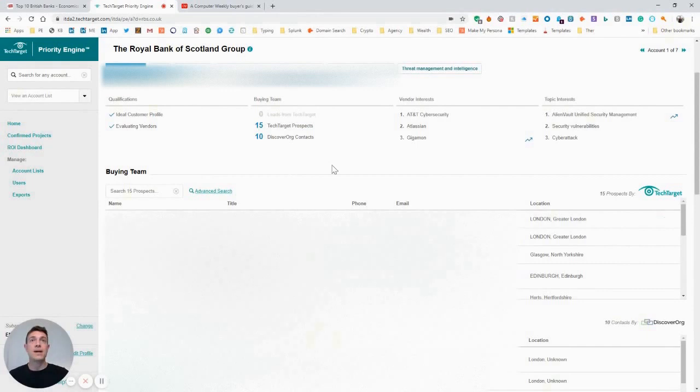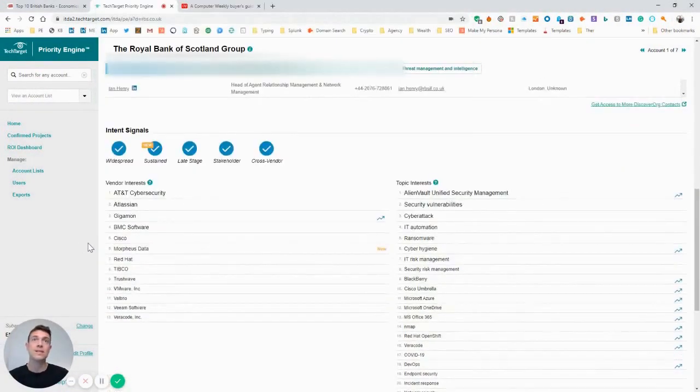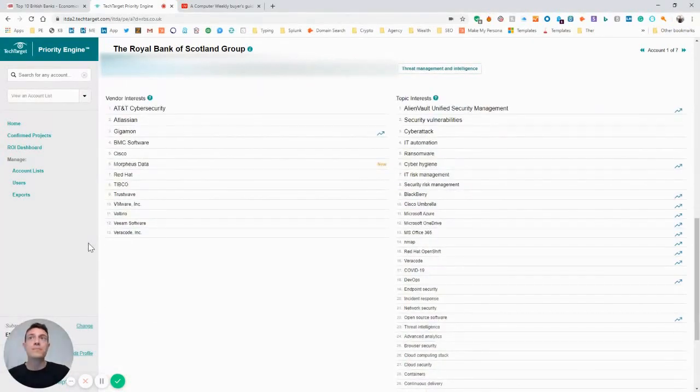So here they are. I can't show them to you because of GDPR, but they all have a phone number, a confirmed email address, which is 100% accurate because it's the one they use to do research, location, job title, and so on. So there are 15 people here that I should go after, that the platform is telling me are active on threat management. And then down below is the third benefit,